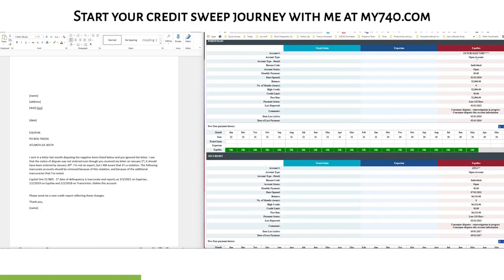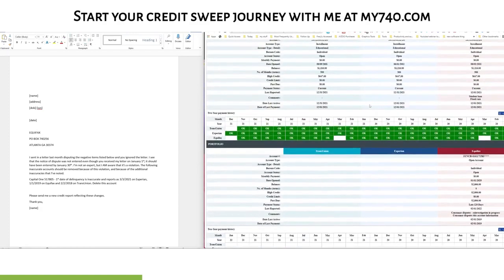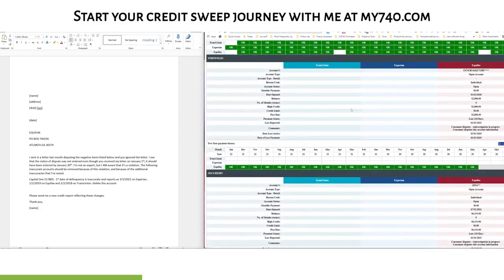So as you can see, this one only reports on Equifax, and this is actually a collection. So let's go right up here. Let's start with portfolio. Okay, so this is a collection. It only reports on one bureau, but I know that because this is an Equifax account that starts with sync and then the number, the other two bureaus are reporting in a different part. I went and I did look at the date last active, and the date last active is different on each bureau.